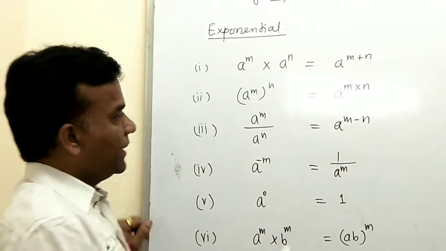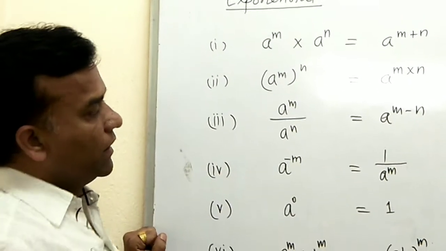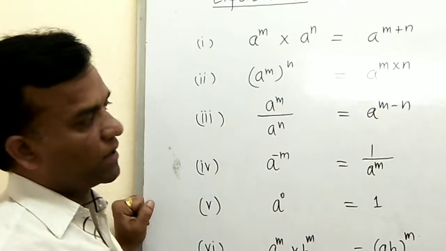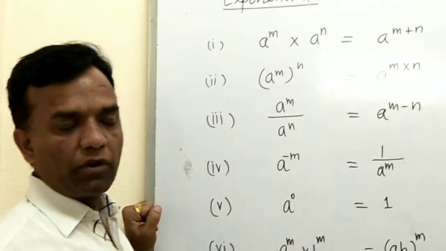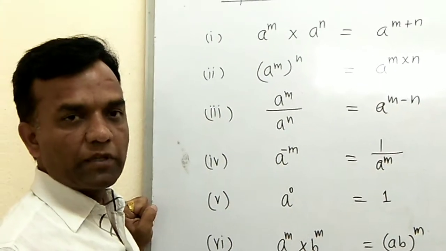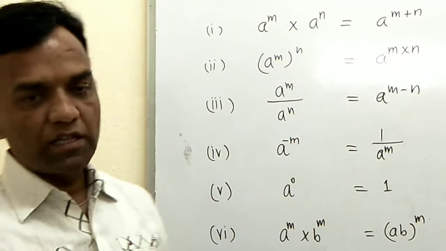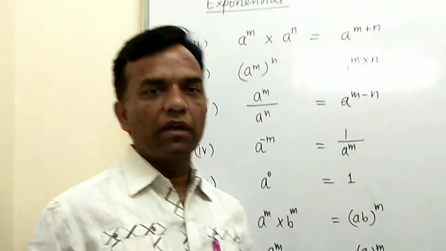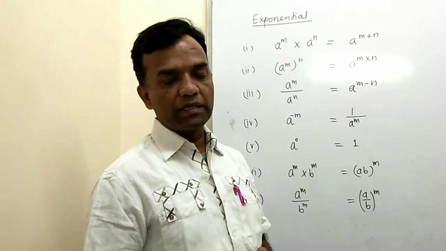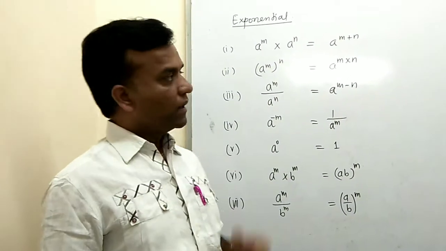So first we explain the laws of exponents. Basically we know them, because in previous classes, before 9th, in 8th class and 7th class also, we have the same laws of exponents and we did them with the help of examples. But in 9th class also some questions are related to the laws of exponents and radicals. So first we explain exponents and then radicals.